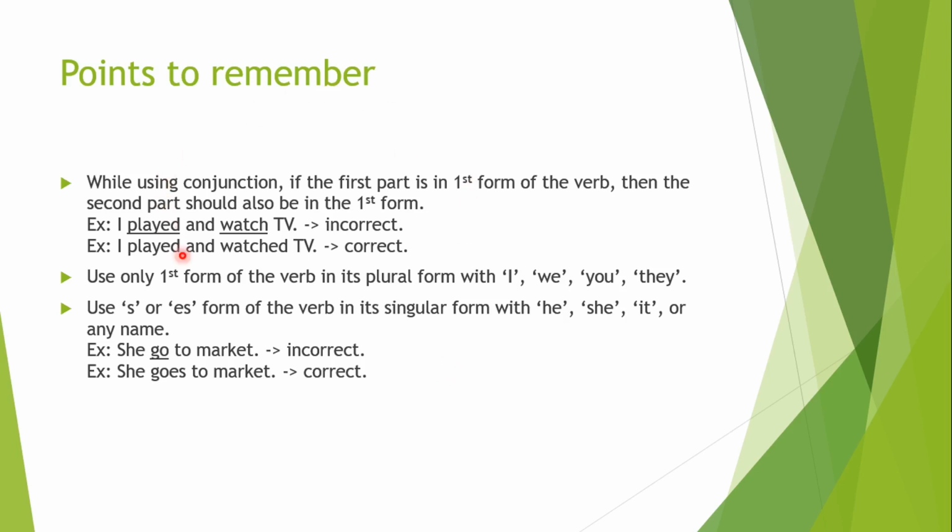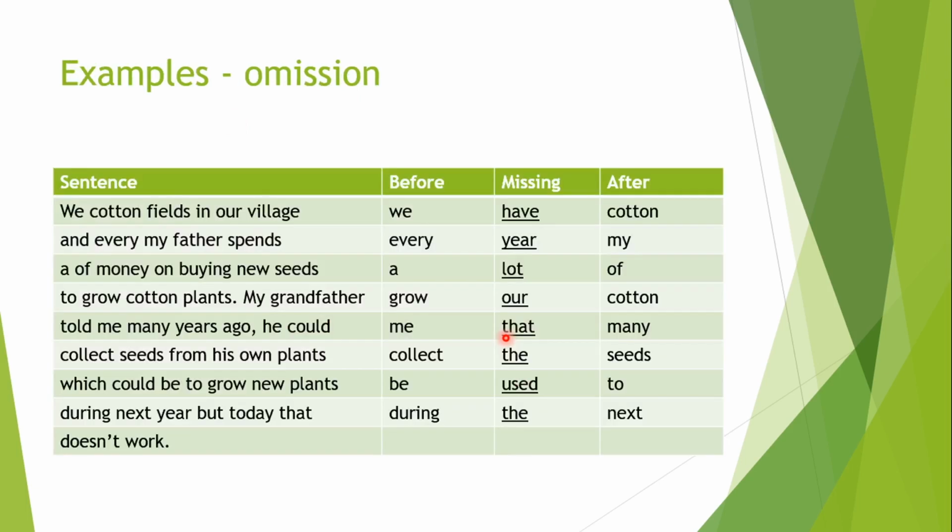See, these are the points which you have to remember while editing or omitting the passage. Now, see the example of omission first. Omission means something is missing here. Now see, one thing you have to remember while doing the correction: in omission, 3 columns will be given, 3 blanks will be given: before, missing and after.